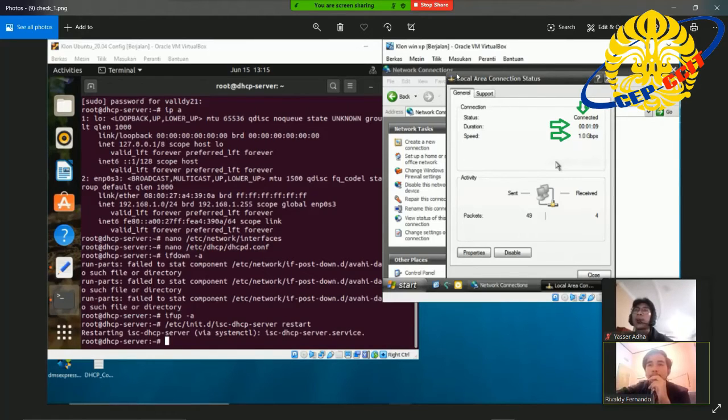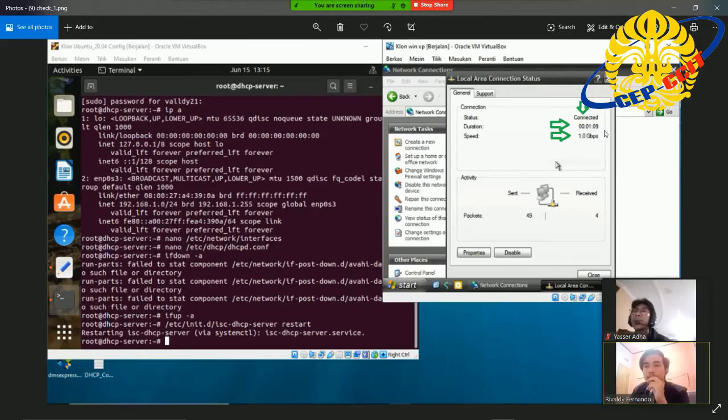Before that, we are opening another VirtualBox for Windows XP, because we are using it as the client. We use Windows XP for the client.